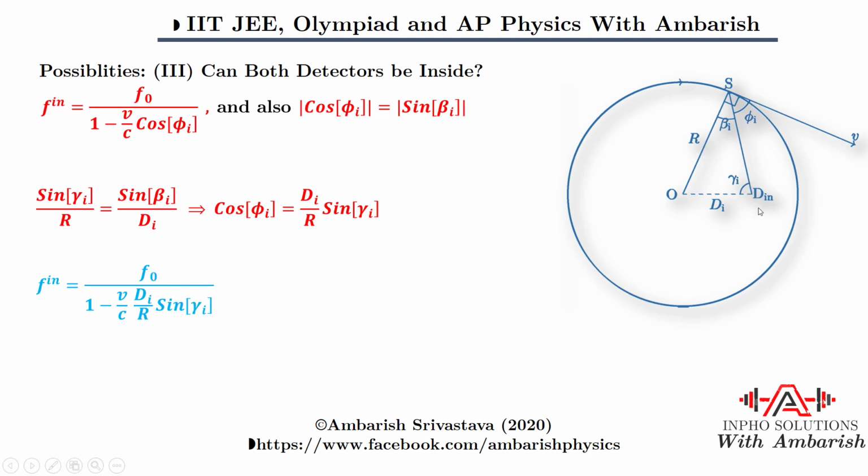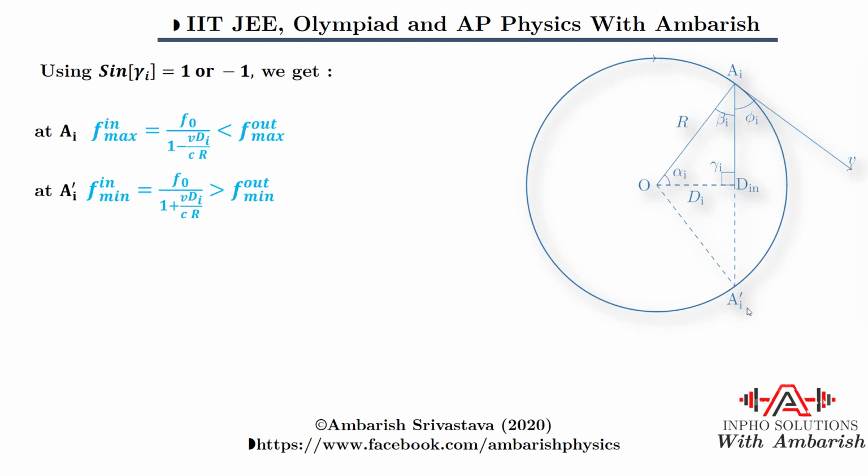That means the maximum and minimum position will be when the source is on the chord perpendicular to the line ODN. So those will be the positions corresponding to maximum and minimum detected frequencies, when sine gamma is +1 or -1. Now that is this geometry you can see. So DN is somewhere over here, gamma becomes 90 degrees. So this will correspond to the maximum frequency detection, and this position of the source will correspond to the minimum